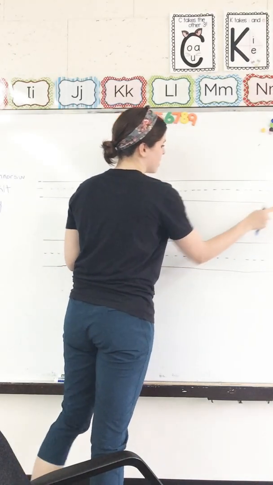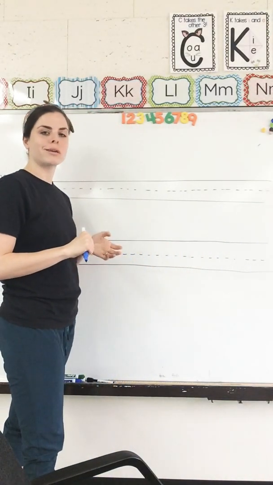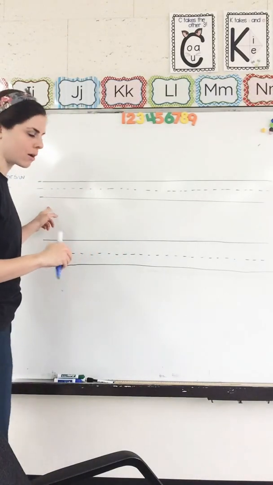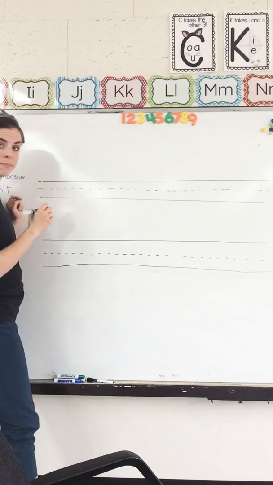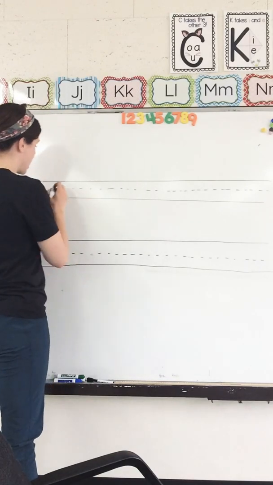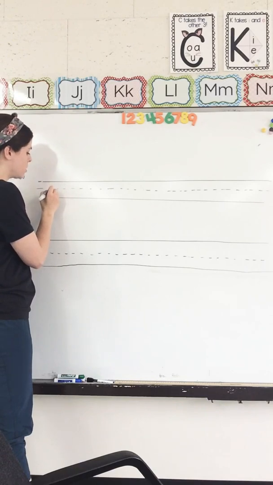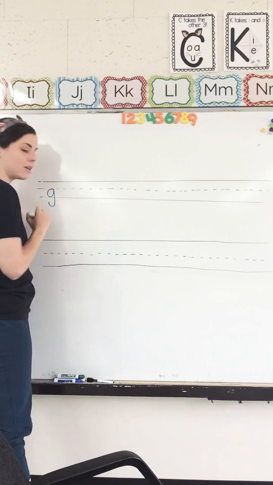So when it goes below, that's one that has a tail. So we're going to start with our tail letters. So that invisible line, I'm thinking about it. So we're going to start with letter G. So G, you start at that middle point at your dotted line. You start at the top. You make your circle. You come back up and you go all the way down to the invisible line to